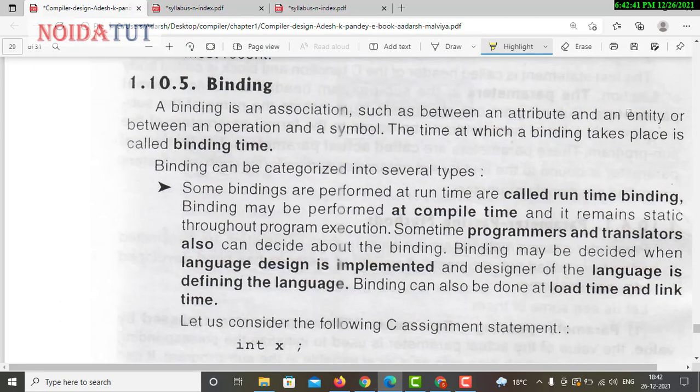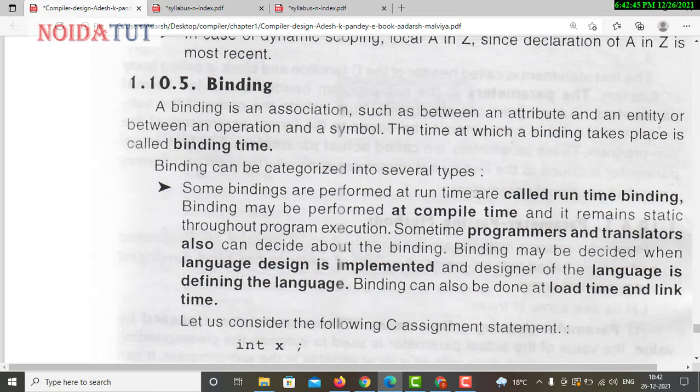Binding is very important. Yesterday we covered runtime binding and compile time binding. We are going to have a look at all these things and try to understand them because we cannot leave any of the topics. There are questions of around 2 marks, 4 marks, and some small terms are carried in the questions, so we cannot skip anything.